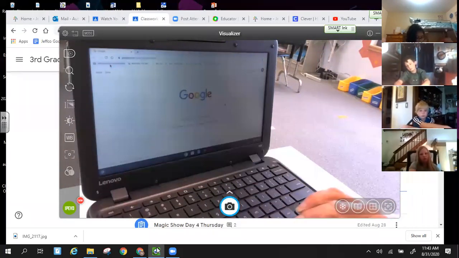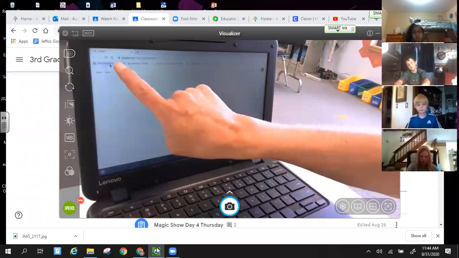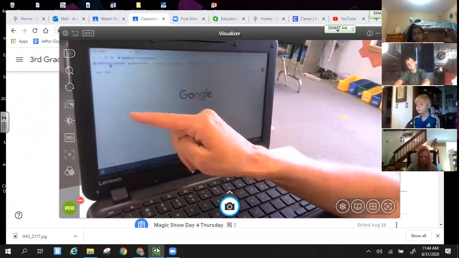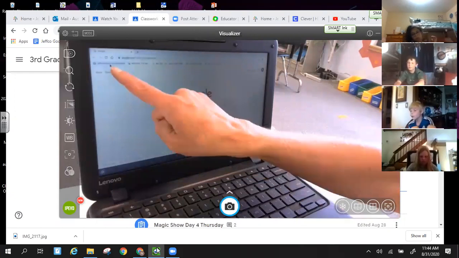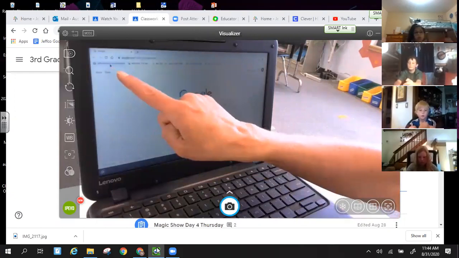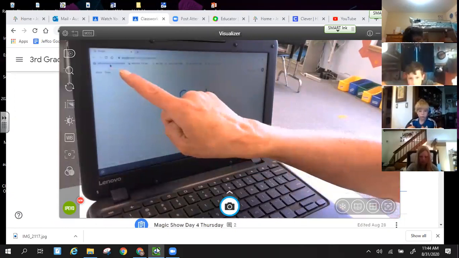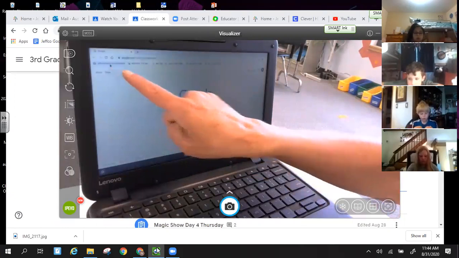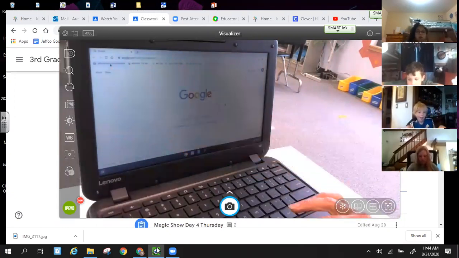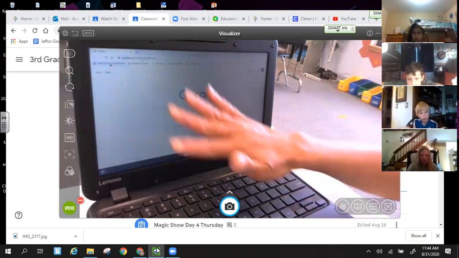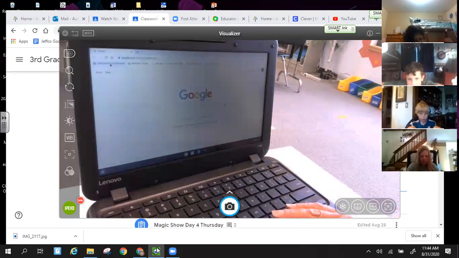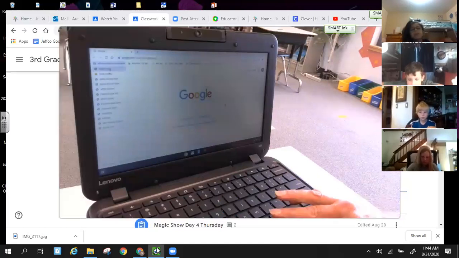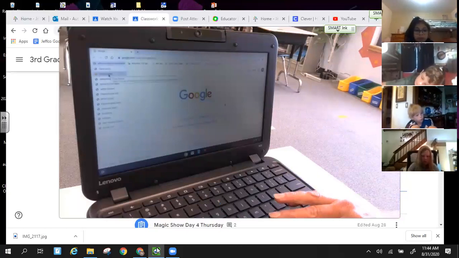So I'm going to repeat that again. You're going to get to Think Central, not by a link on your Google Classroom, but by your bookmarks. It's already bookmarked on every single person's Chromebook. So I'm pointing to where it is. It's in the upper left-hand corner. It says jeffcoschools.us bookmarks. So I'm out of Google Classroom and I'm on just my regular internet page, my Google page. I click on that and then I will see, mine happens to be the second one down, Think Central, and it has like a yellow circle. I click on Think Central,